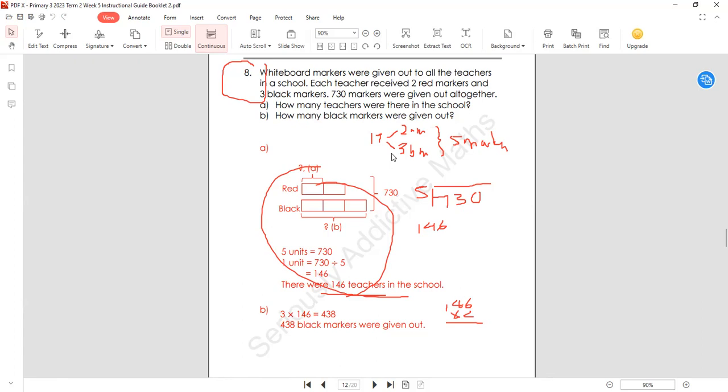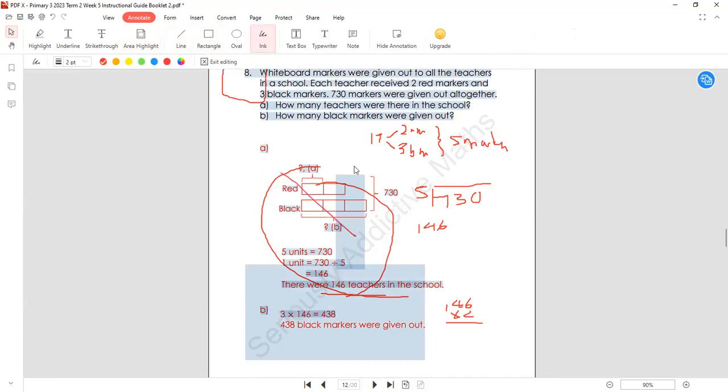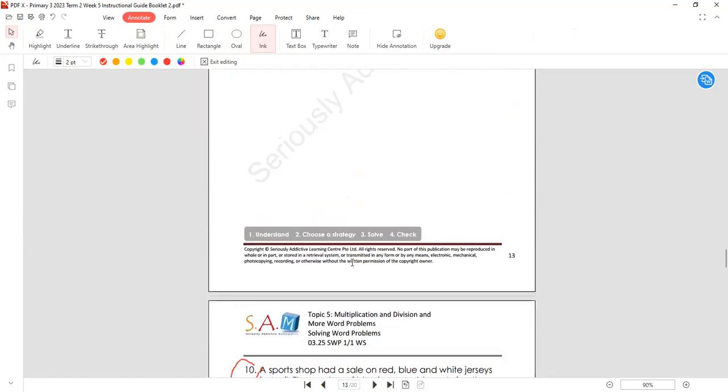So 1 teacher, 2 red markers, 3 blue markers. In total, 1 teacher has 5 markers. Right, so if it's 730 markers, 730 divided by 5, and then you get the answer is 146 teachers. Okay, I don't think this method works, so it's probably not a good way. Try not to use this one instead. Okay, go through that with them, and